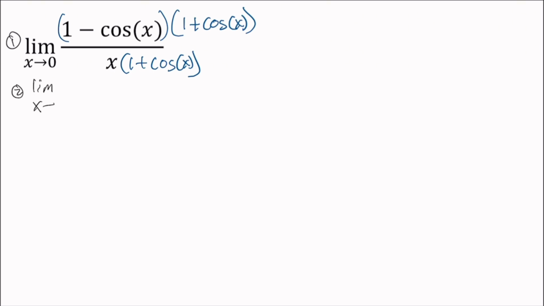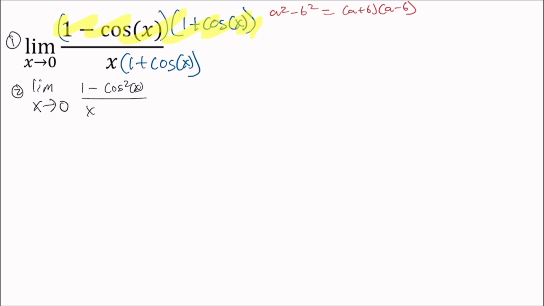With the numerator here, we can just use the difference of two squares, right? a squared minus b squared equals a plus b times a minus b. So using that, we'll get the limit as x approaches 0 of (1 minus cosine squared of x) over x times (1 plus cosine of x). So the third thing we can do here is simplify this using one of our three Pythagorean identities,